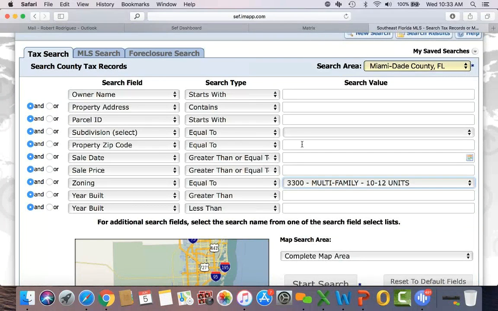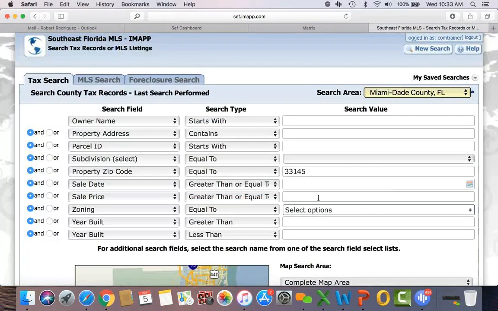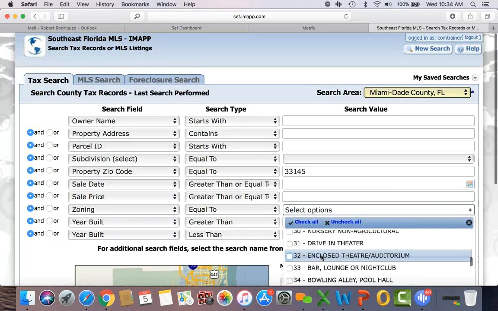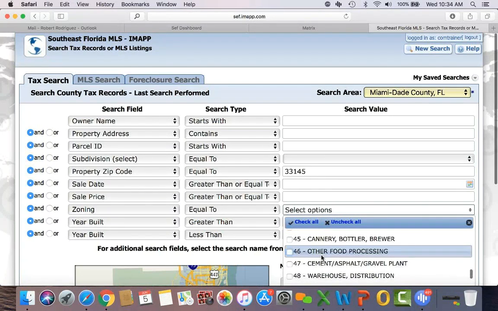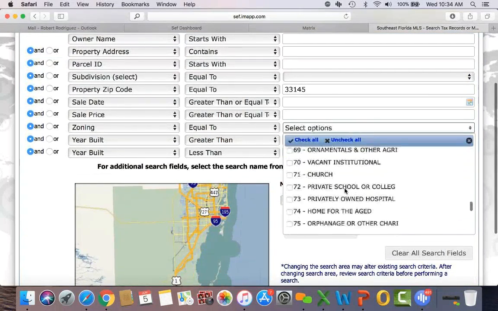And then once again, you want to do zip code 33145. And there are no matches. So no matches for the zoning type that we just used there. All right, don't know why we had no matches, but let's go with,